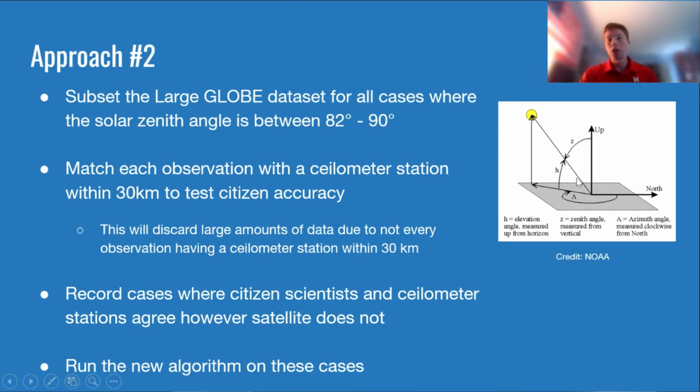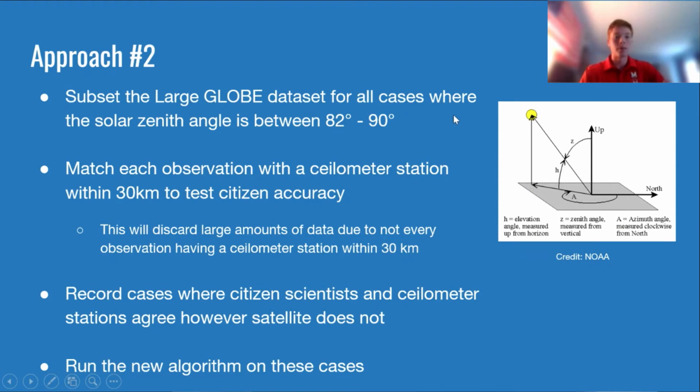And what this is, if you look at this figure here, the solar zenith angle is represented by the variable z. So when this angle is 82 to 90 degrees, the sun is very close to the horizontal plane, which means it's either a sunset or sunrise. So by using this angle, we can determine whether a citizen has the terminator passing through when they're taking an